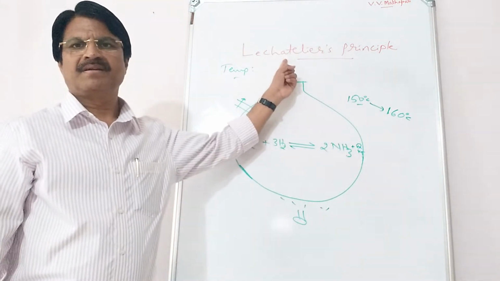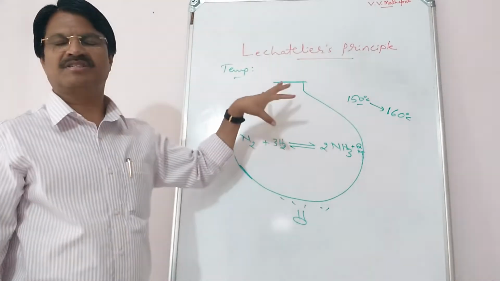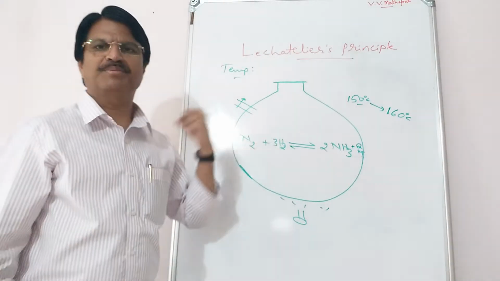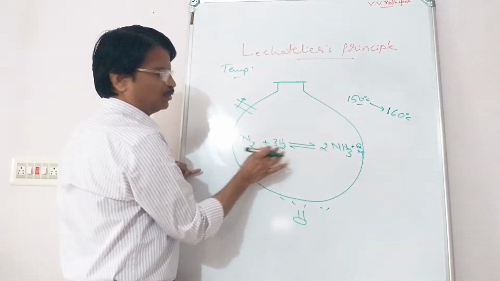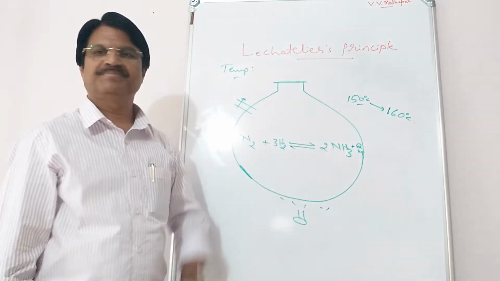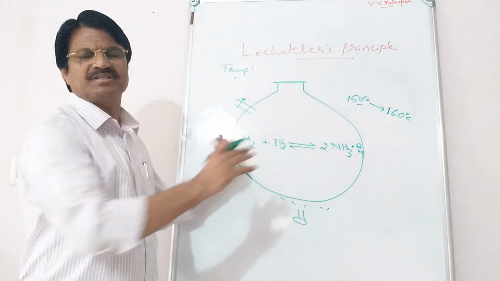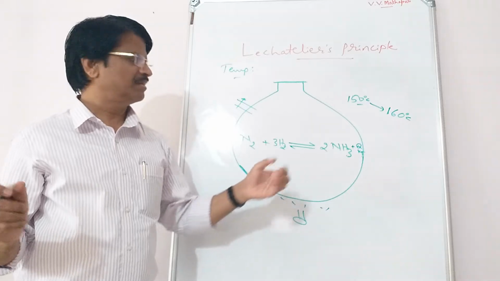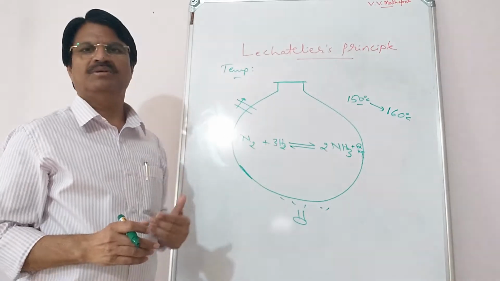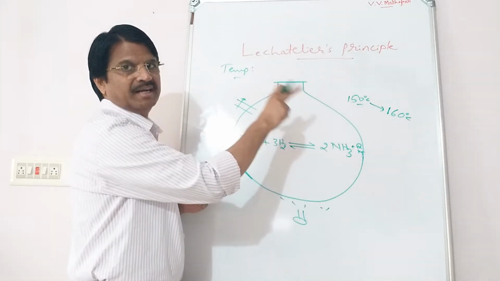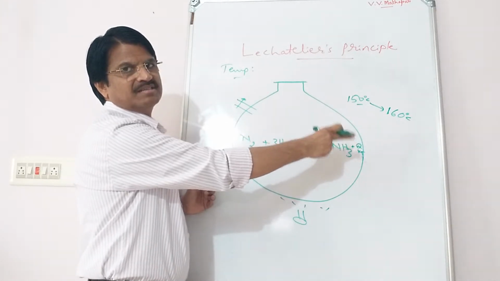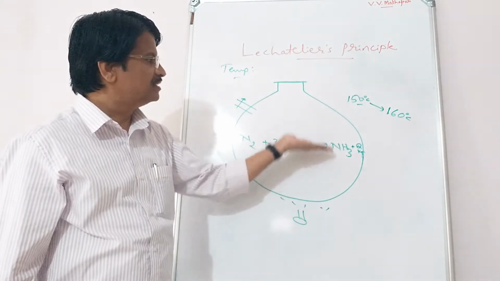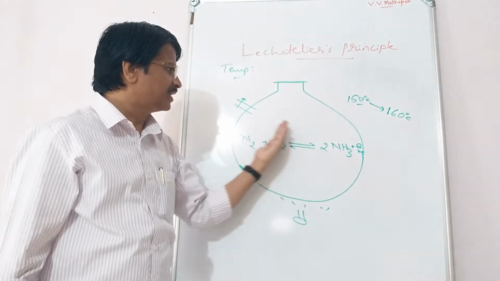Then according to Le Chatelier, whatever heat is given to the system, the system absorbs the heat. Which one can absorb the heat, ammonia or N2 or H2? The answer is ammonia. Because we are giving extra heat to the system, ammonia molecules absorb heat, become more unstable, and decompose to give back N2 and H2. Therefore, the backward reaction is favored at high temperature. In this reaction the forward reaction is exothermic, hence when you increase the temperature, the backward reaction is favored.